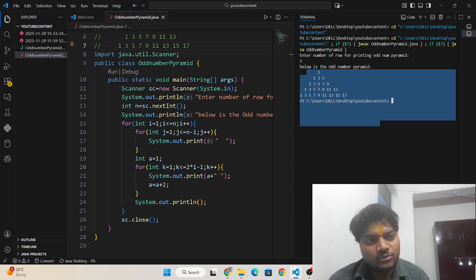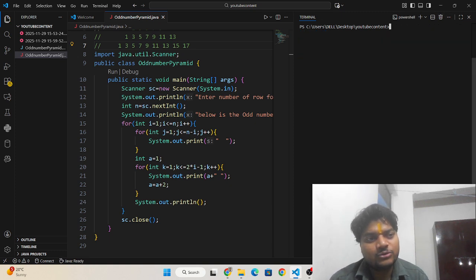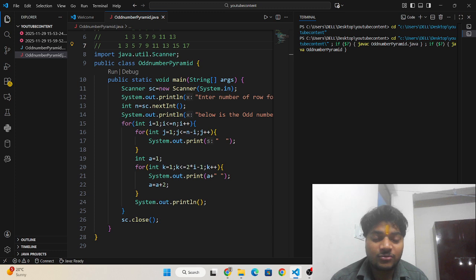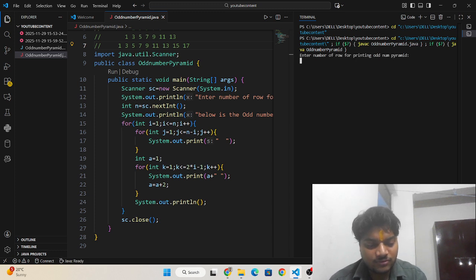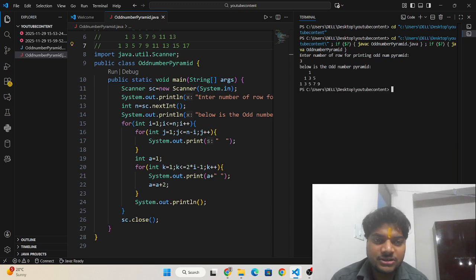Now I am going to enter another number of rows, another input. I have already entered 5, so I am entering 3 here. You can see this is our output.